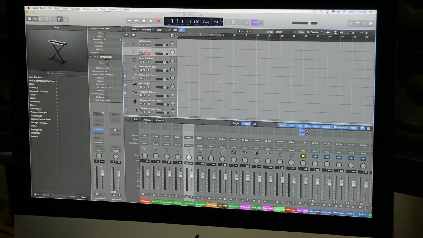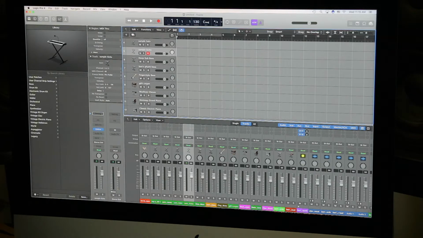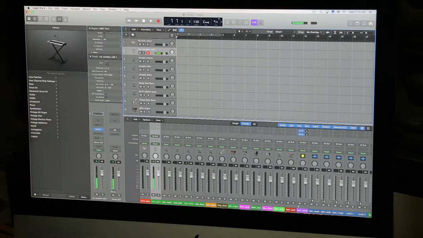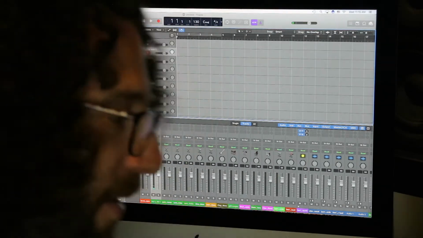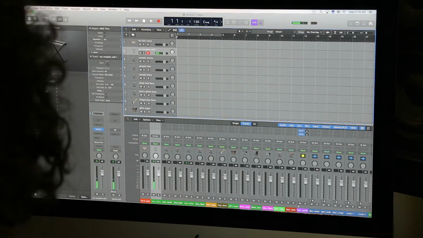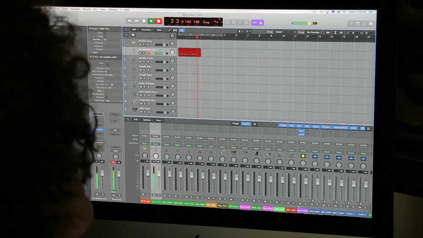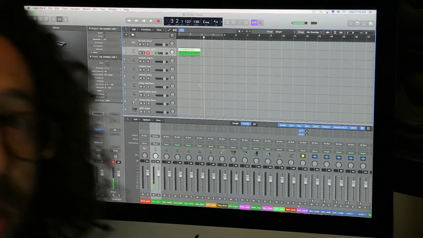I have some sample kicks here that I'm gonna start with. Let's just try to make a basic kind of EDM-y track. Let's see what happens here. Get 130 tempo. I have this one that I just came up with. Let's see, my samples. I just like this kick drum. I just made it the other day. Hey, let's start with a four on the floor thing. Alright, we'll get started with that.